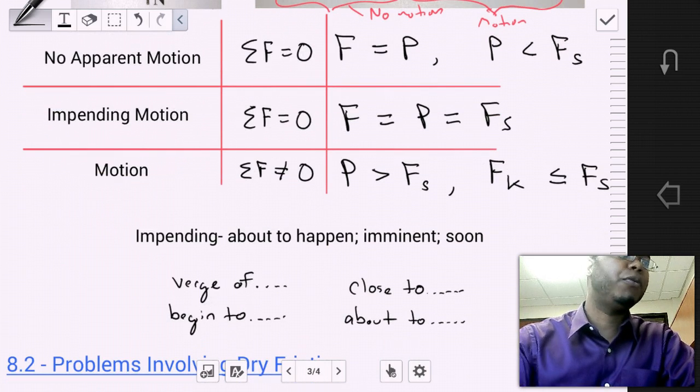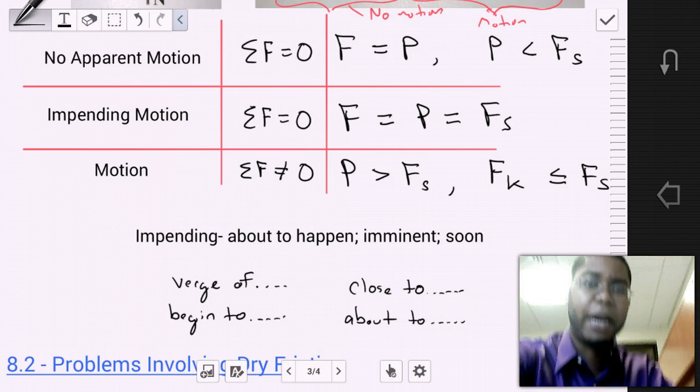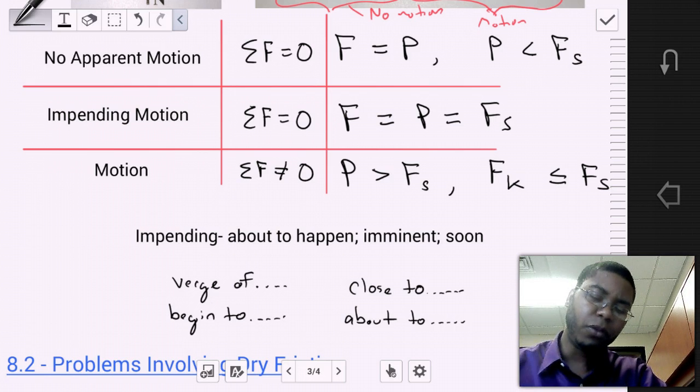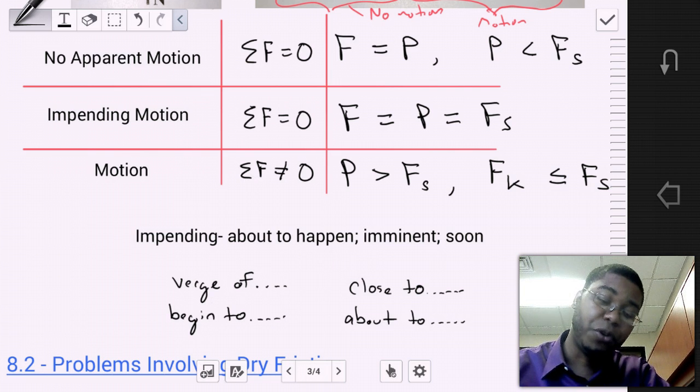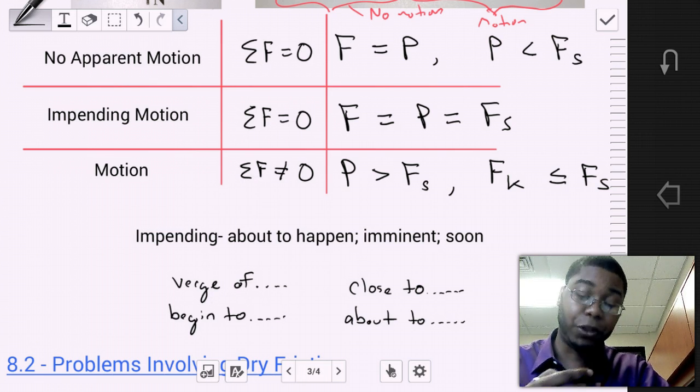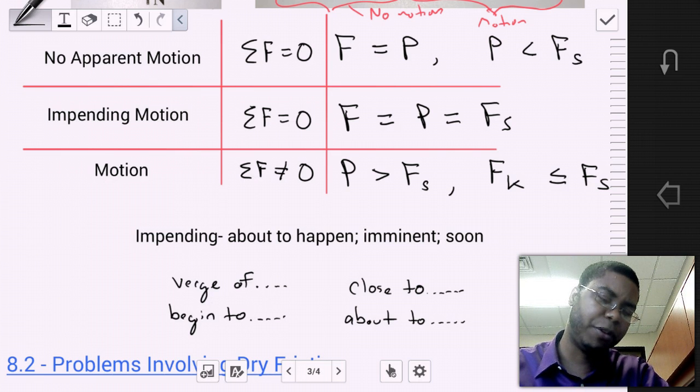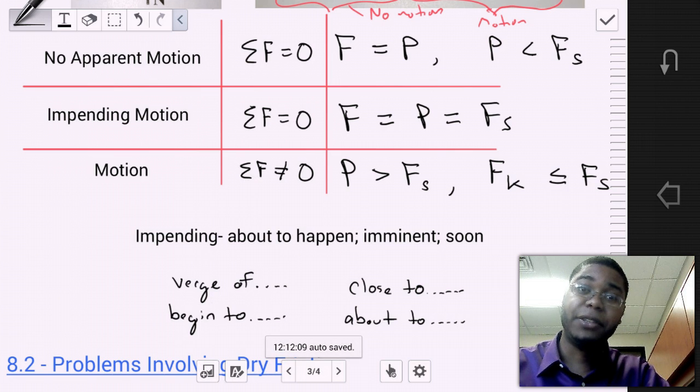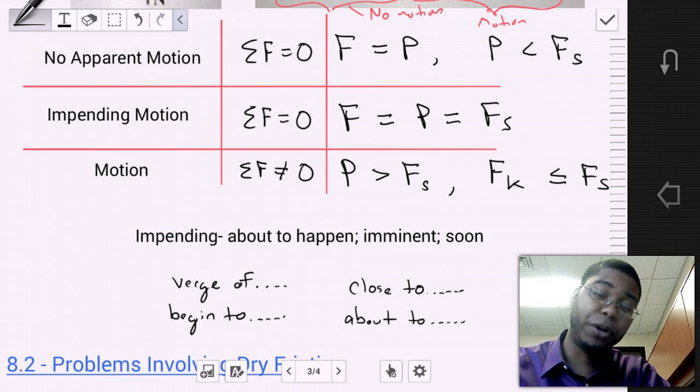Now, it's very important when we're given a problem to be able to identify exactly what the problem is asking us for. So there will be certain key words that you need to note to identify if there is going to be impending motion. Impending motion means about to happen, imminent, soon. When you hear things such as on the verge of, close to, beginning to, about to, then you can assume that the problem is asking you or telling you that it's a condition of impending motion. And so you're going to need to use the following relationship, where the frictional force is equal to the limiting static friction,